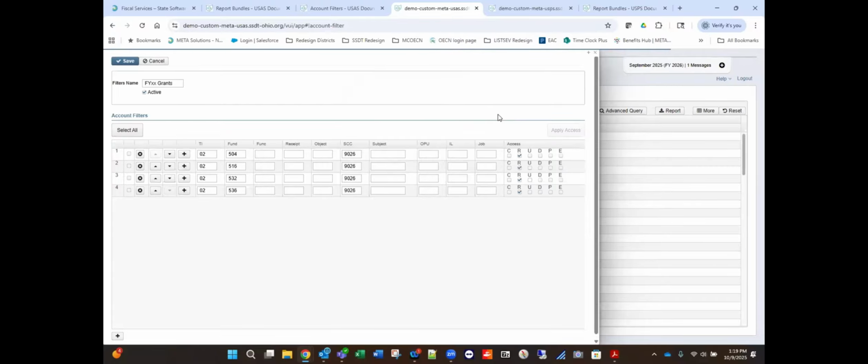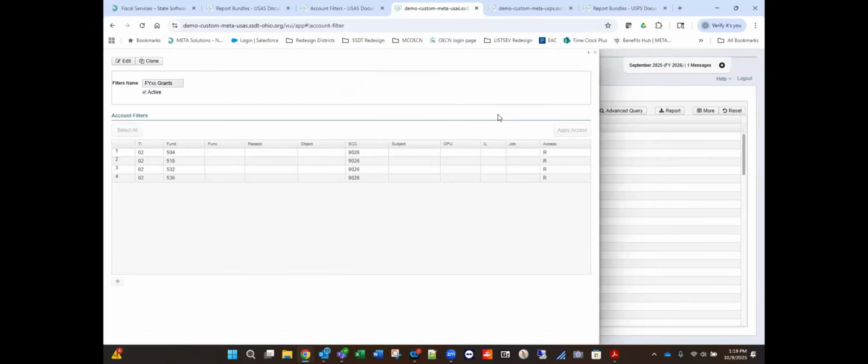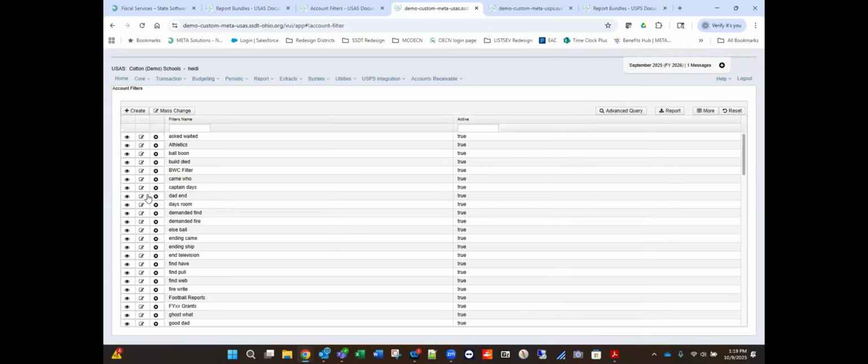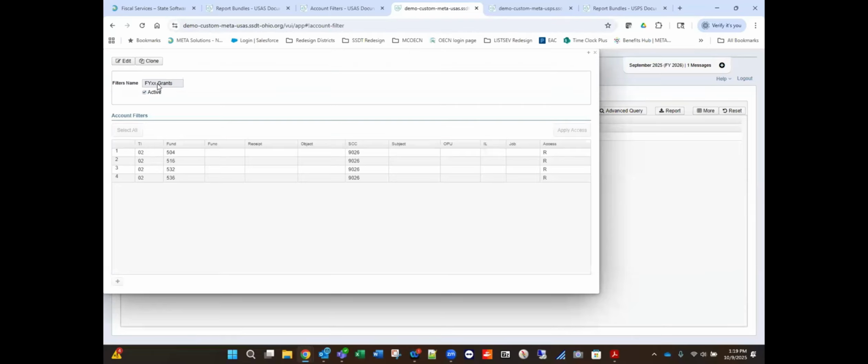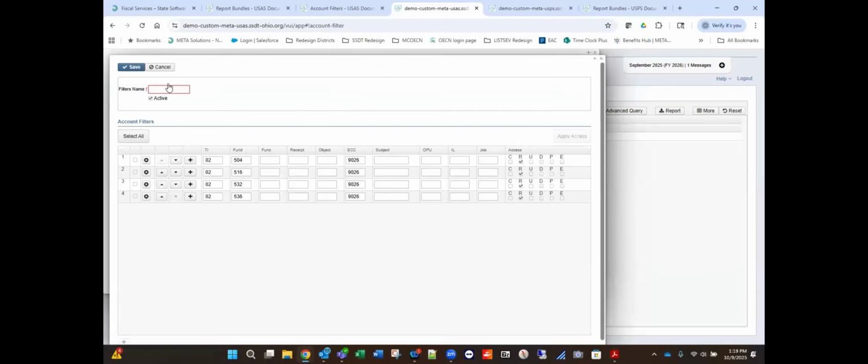I'm going to save this so that I can show you what the clone feature looks like. Okay, so again, just like most things, in order to see some action buttons, we go into the view icon. So let me filter up here. If I go into the view icon, I'm able to clone. And let's say I wanted to do this FY27 grants. It's saving all of my information, but then all I have to do is come in here, change the special cost center from year to year, and